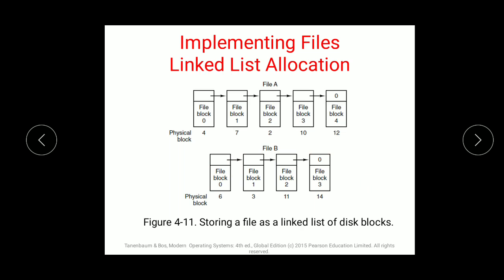What are the disadvantages? It is inefficient to support random access capability. Randomly accessing a file, that is, arranging whichever blocks are free, is somewhat difficult. To retrieve block I, the operating system has to start at the beginning and read I-1 blocks. So every time it has to start not from the last block but from the first block of each file on the disk space. If a pointer is lost or damaged, the file would become inaccessible.